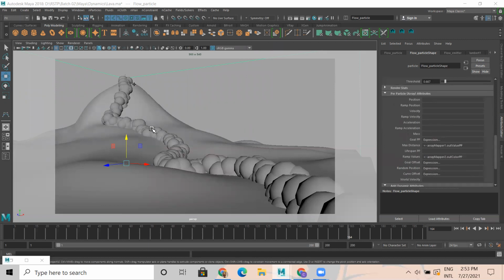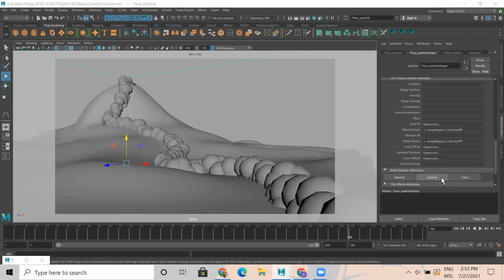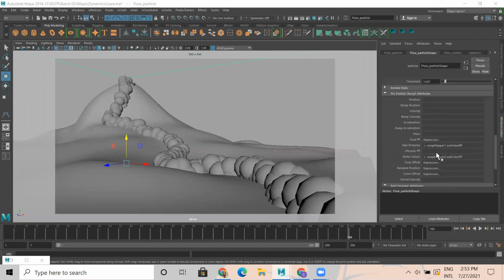And the one which we are asking, here the particle size has to be bigger. Where the particle is getting birth, I want the particle size to be bigger. Where the particle is going to die, that's this point, right corner, here the particle size has to be smaller. When the particle dies, the size has to be smaller. So in per particle array attribute, just come down. There is no such attribute here. That is radius. We need to work on the radius.